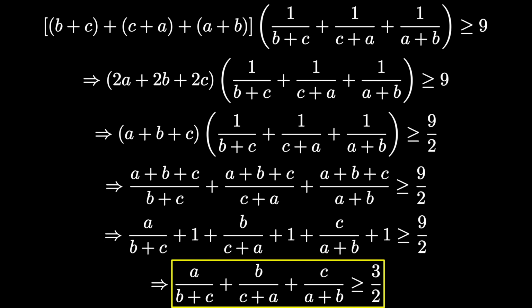But think for a moment, what would happen if I directly presented this forward solution before you? You would obviously think, how can anyone in the world come up with these 3 magical numbers b plus c, c plus a and a plus b, on which the AM-HM inequality would serve our purpose? Well, the answer lies in the reverse thinking that we have put behind the curtain.